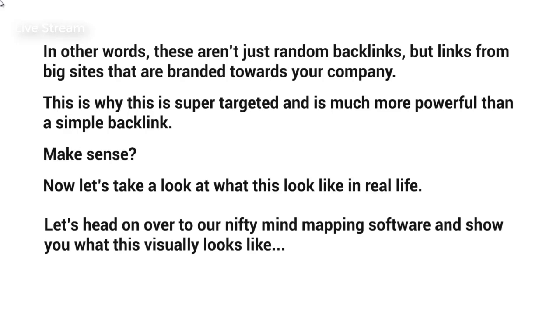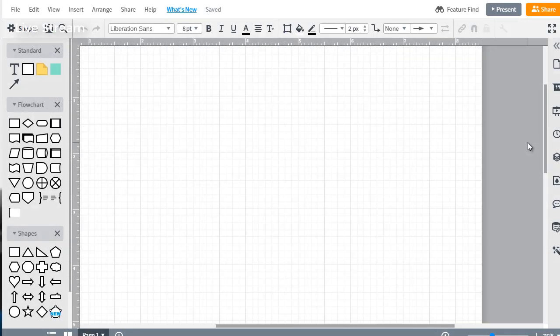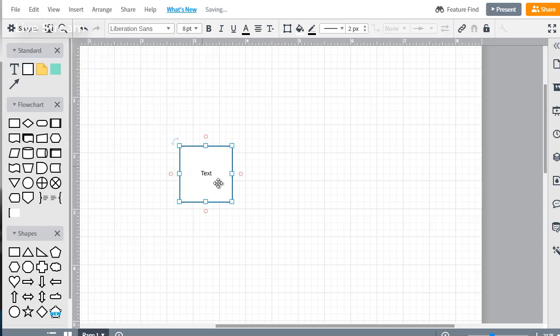So now let's take a look at what this looks like in real life. Let's head on over to our nifty mind mapping software. I'm going to map things out so that you're going to be able to visually see how it all works. Okay, so to better understand how this works, we're going to map things out. Now, before we map things out, I want to start with some basics. Essentially the concept here is as you're building your brand, you're going to have many different social properties. And let's say, for example, this is the Facebook